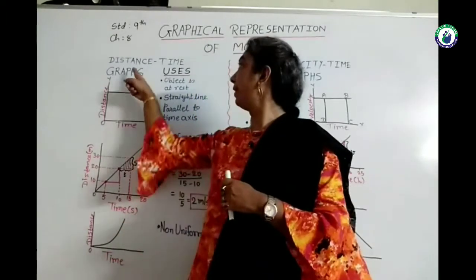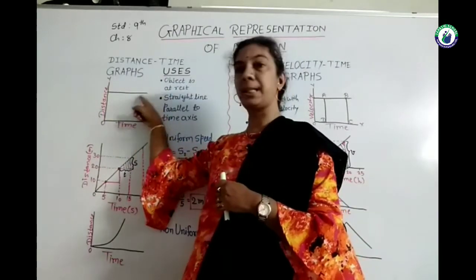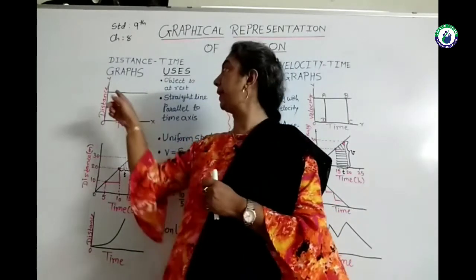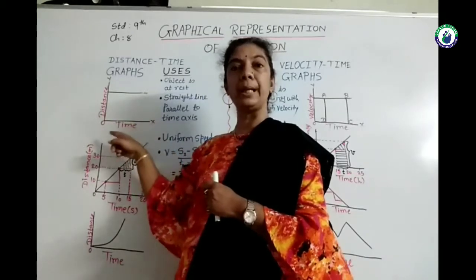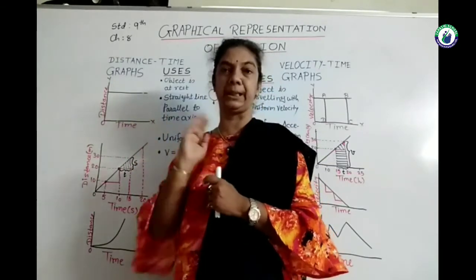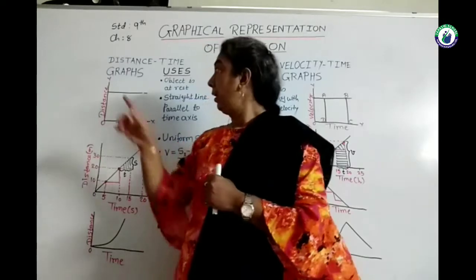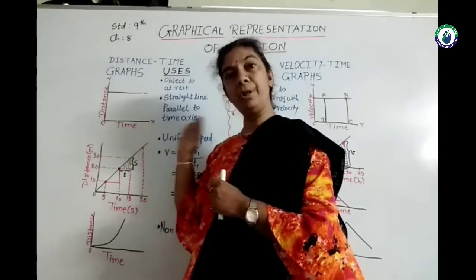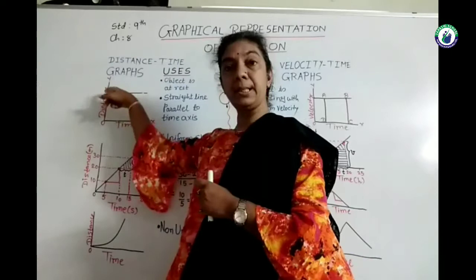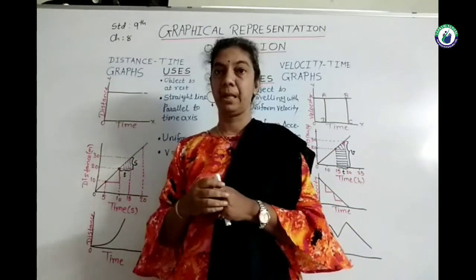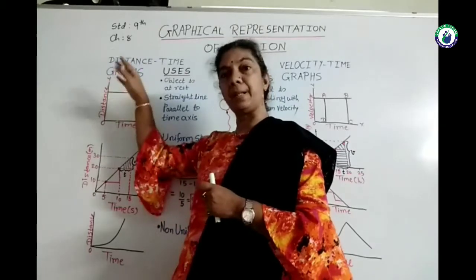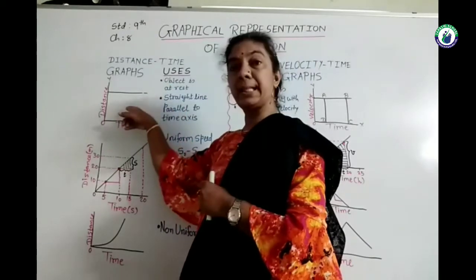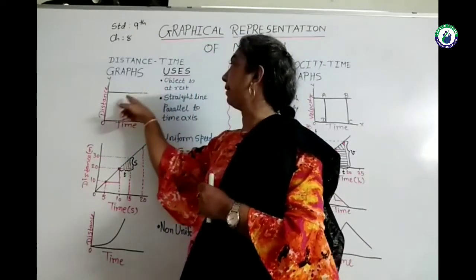Now, very first we have the distance-time graph, which has this type of straight line. So the shape of the graph, we can say, is a straight line parallel to the axis of time or x-axis. This explains that time goes on, but the position, the distance traveled, remains the same. The position of the object is remaining the same. And that's why we can analyze this graph: the object is at rest.